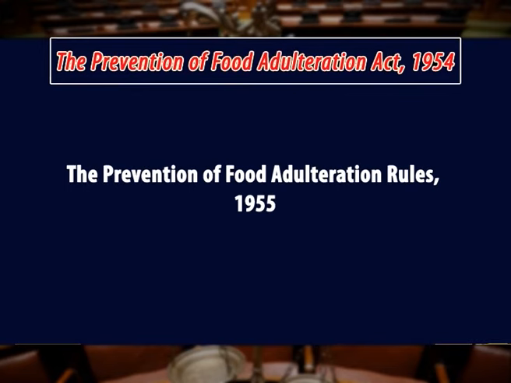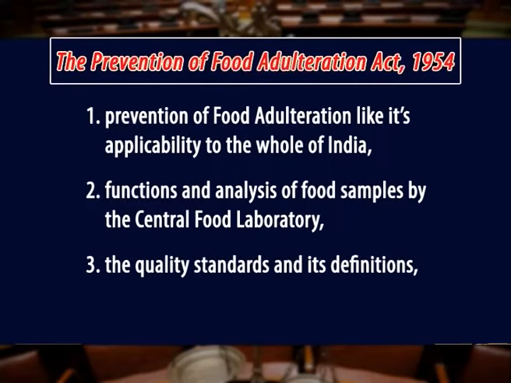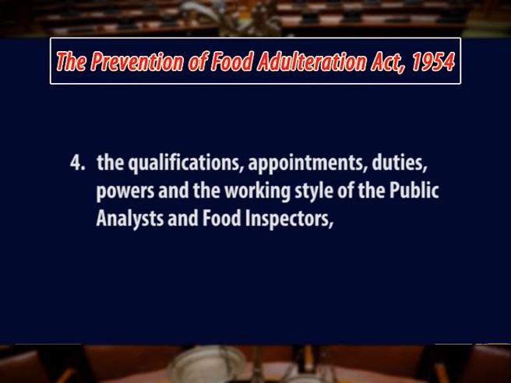The Prevention of Food Adulteration Rules 1955 are the rules applicable to the whole of India, which are divided from Part 1 to Part 19 with 3 appendix A, B and C, wherein it deals with the different aspects pertaining to the prevention of food adulteration, like its applicability to the whole of India, functions and analysis of food samples by the Central Food Laboratory, the quality standards and its definitions, the qualifications, appointments, duties, powers and the working style of the public analysts and food inspectors,